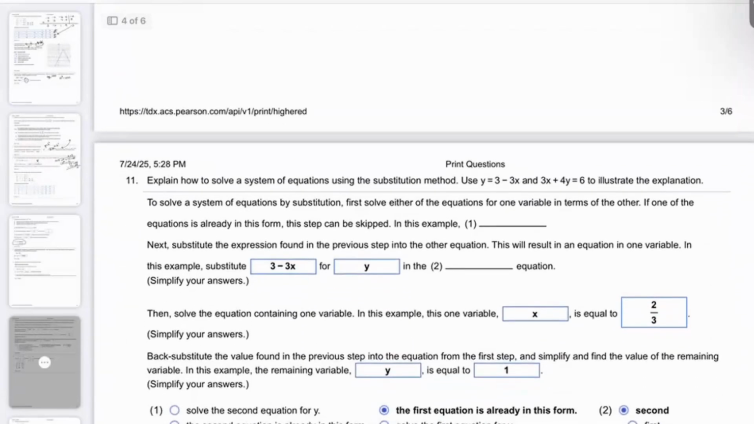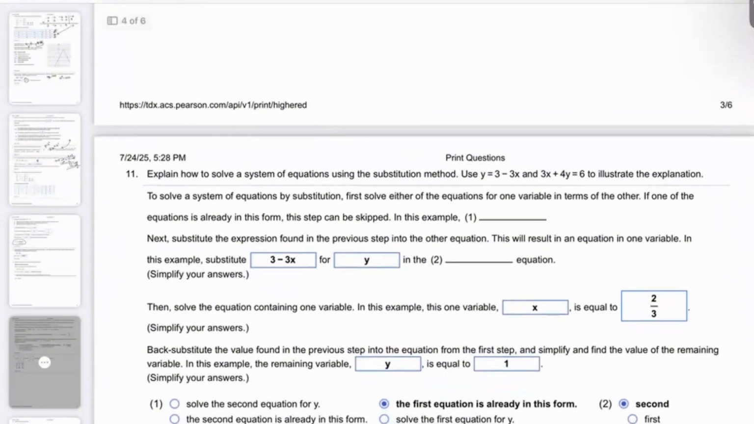And then you just have some explanation here. So to solve a system of equations by substitution, first solve either of the equations for one variable in terms of the other. If one equation is in this form already, the step can be skipped. In this example,